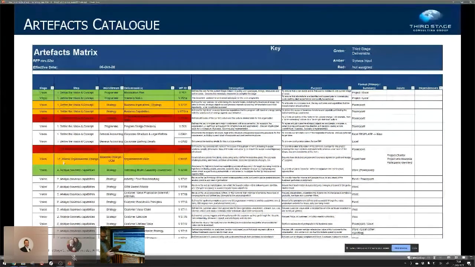for the define phase, and you'll see that this is actually a real one. Funnily enough, I was working on this today. Some are not coloured. And that's fine. If they're not coloured, they're not in scope, because this particular client doesn't need a customer value chain analysis and it doesn't need a customer segmentation strategy. And the reason it doesn't need them is because it's an HCM project, not a GTM project.